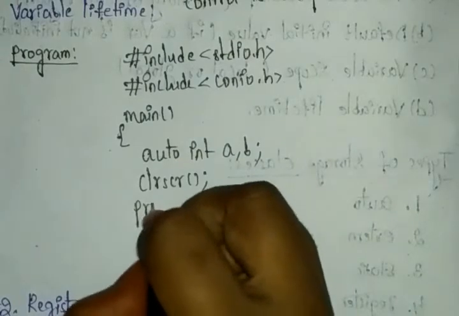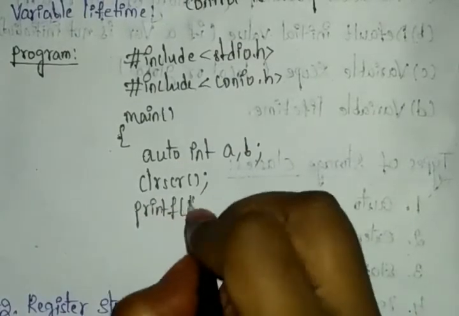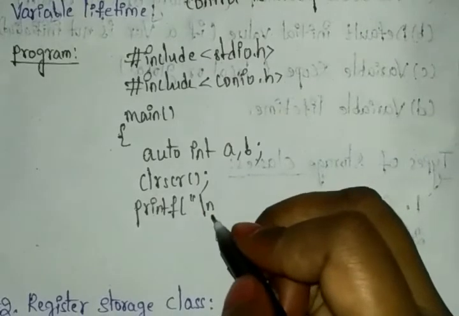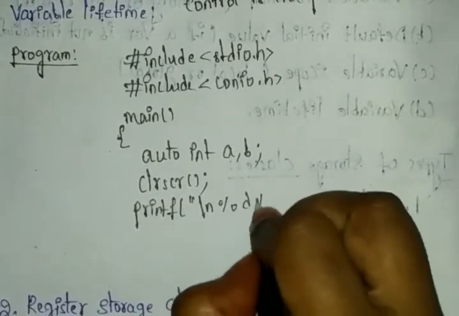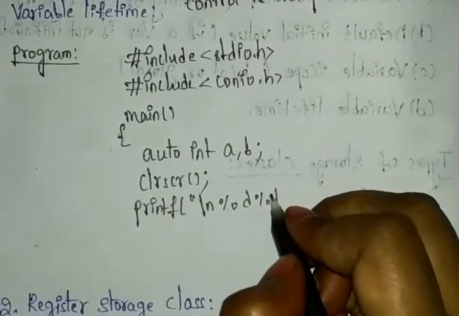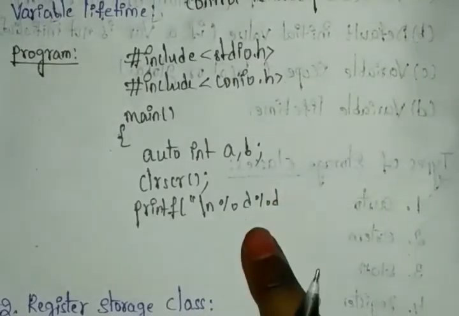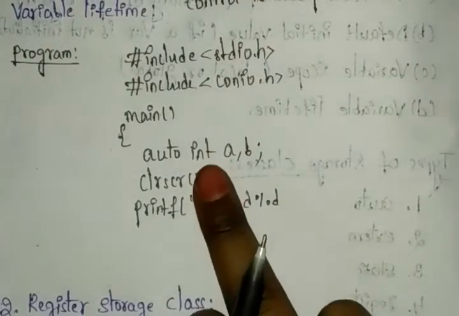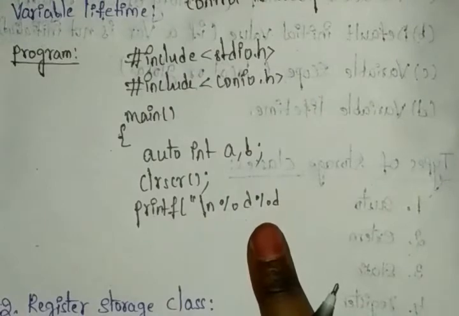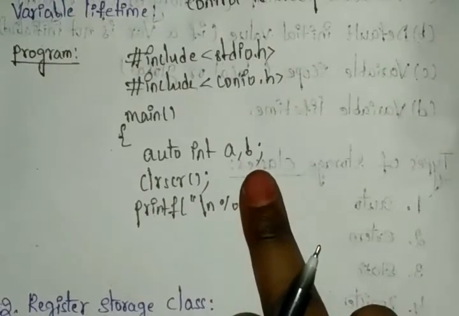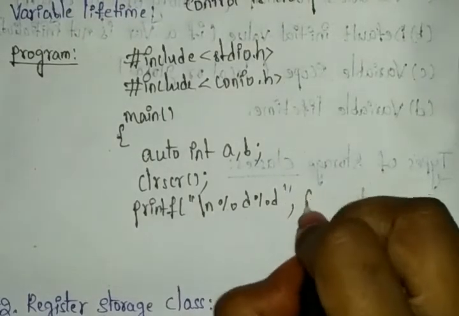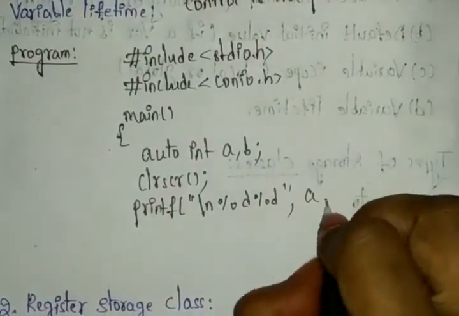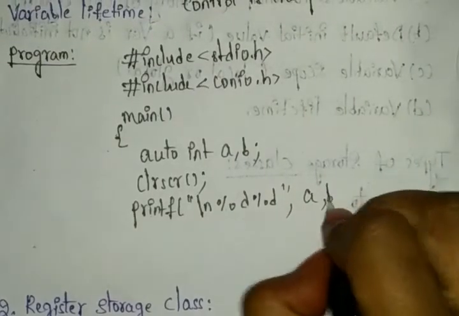And next here we have the printf. In the printf I am using \n, which means next line. And here I am using %d and %d. These two are the format specifiers for a and b. Here d means integers, so the integer specifier is %d. And why did we take it two times? Because we have two variables, a comma b. Close this, write the first %d for a and the second %d for b.